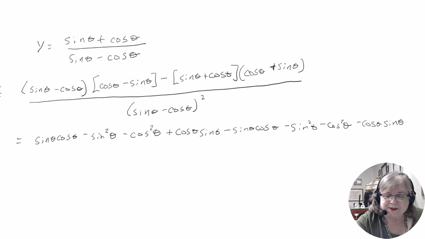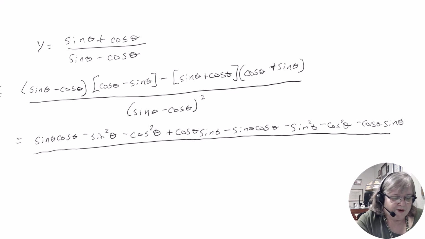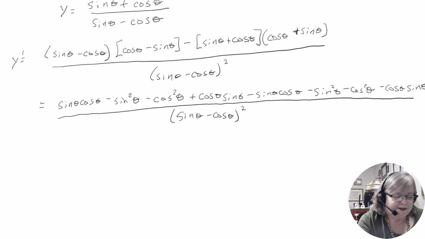If you find a faster way to do this, I would love to see it. Write it in the comments. Okay, over sine theta minus cosine theta. I had kind of an idea about how to do it faster, but this is good practice. All right. And when you clean up all those things that cancel out, right,